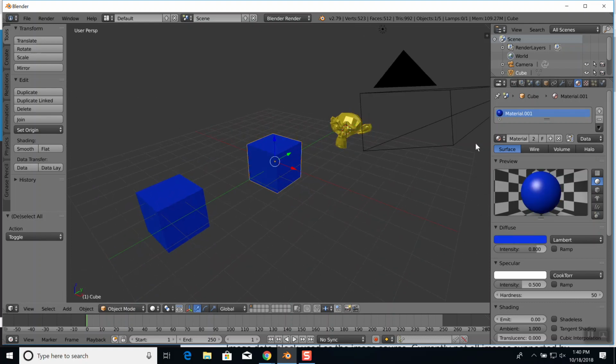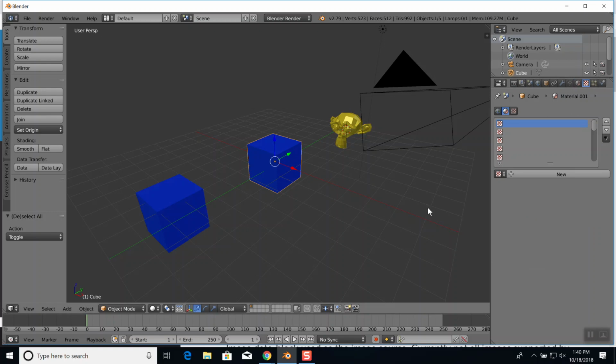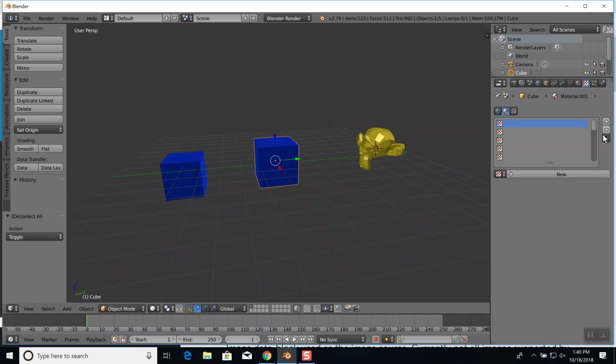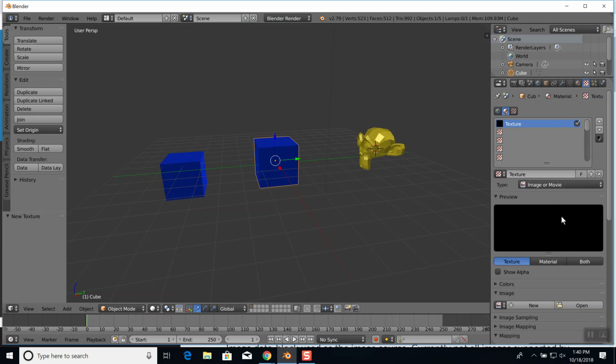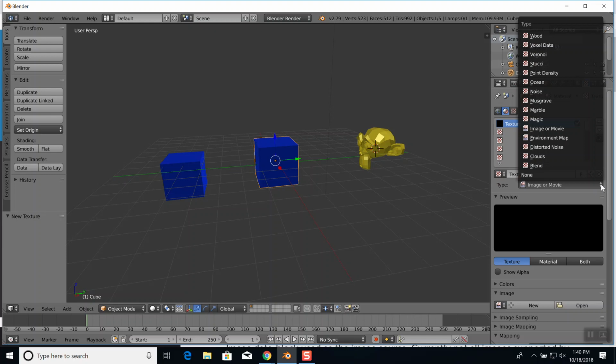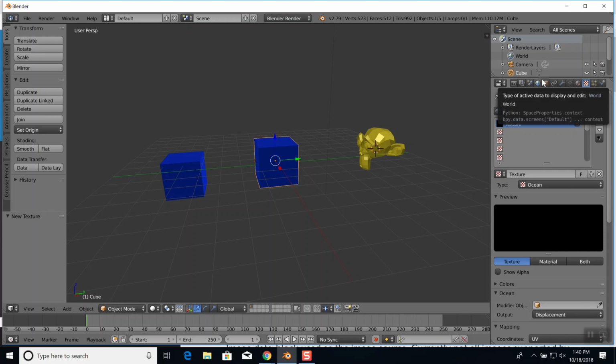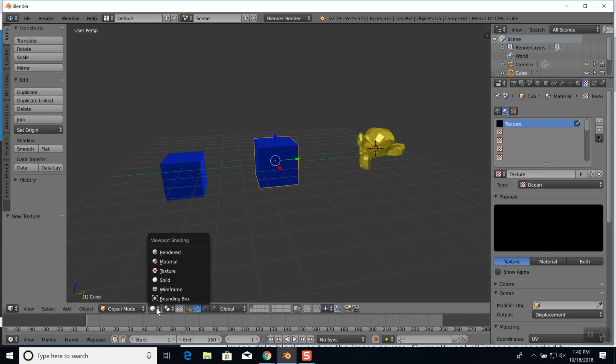Now if I choose this one here, besides the material, there's a texture right beside it. So if I click this texture here, then you see there's a new option here, and click new. Mine says image or movie, but yours might not. If I do the drop down arrow there, I can choose ocean. Now if I choose rendered,